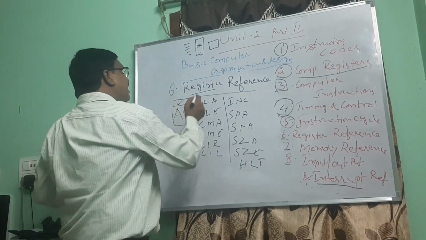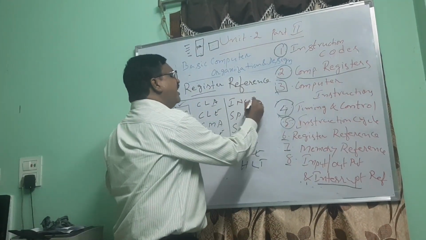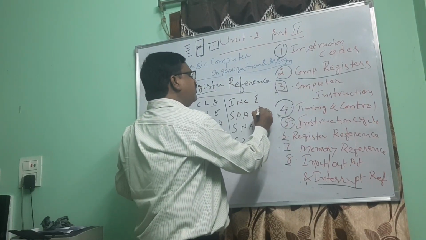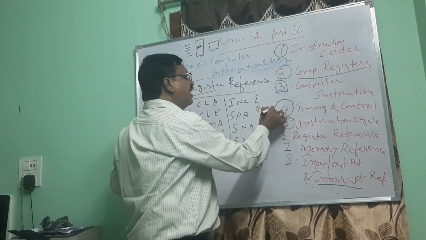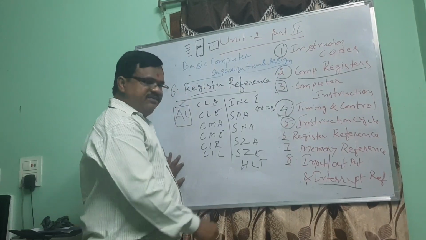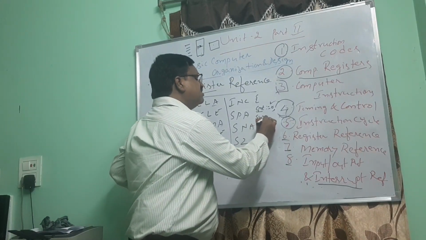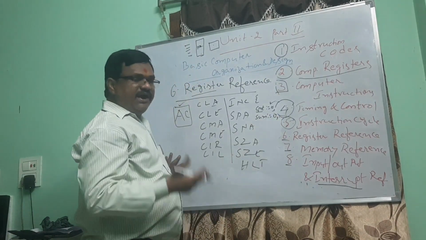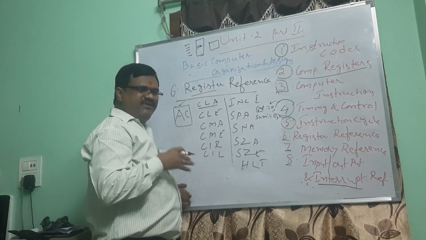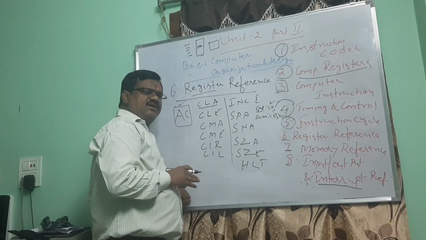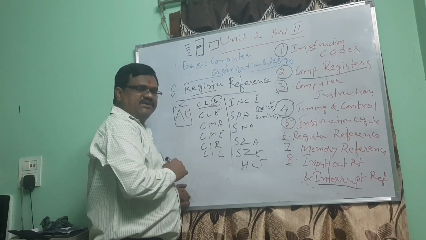So here, CLA means clear accumulator. When you write a C program, generally you can say count = 0. What does it mean? Initially the count value is set to 0, or sometimes you write sum = 0. Some value is initialized with 0. Like that, if you want to clear the accumulator, whatever previous random values were there will be cleared and set to 0. The accumulator will be set to 0.